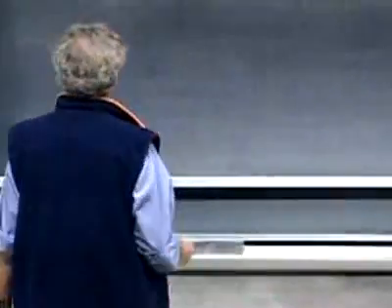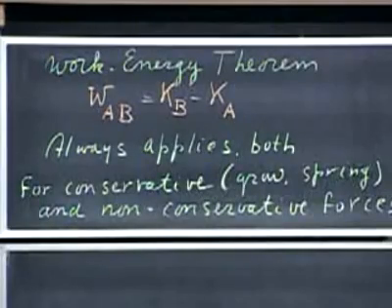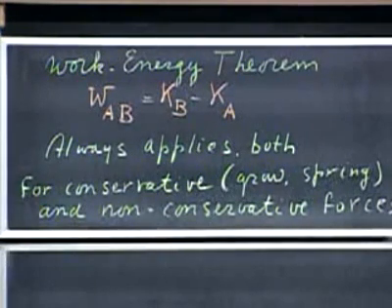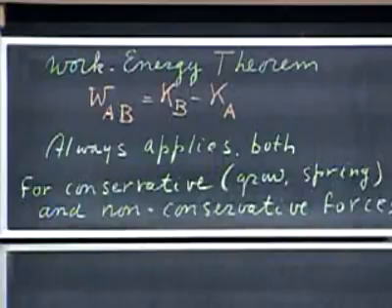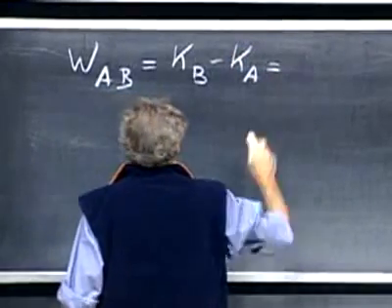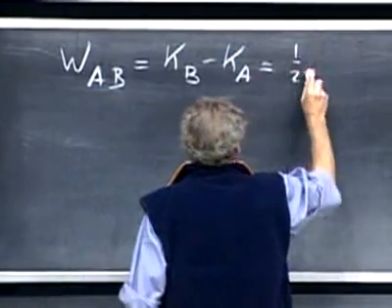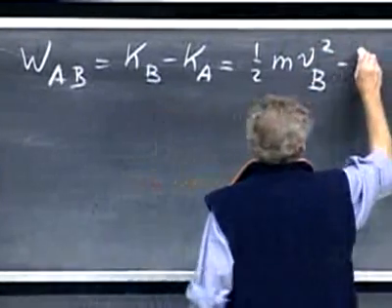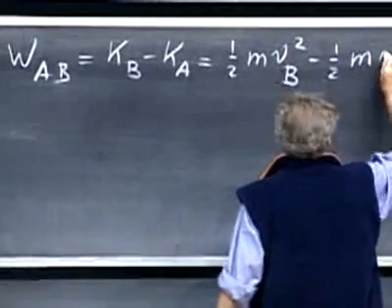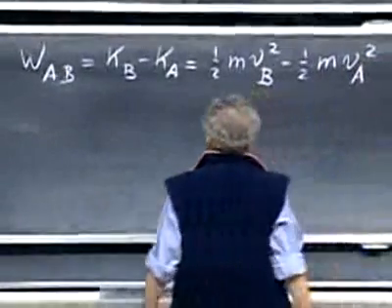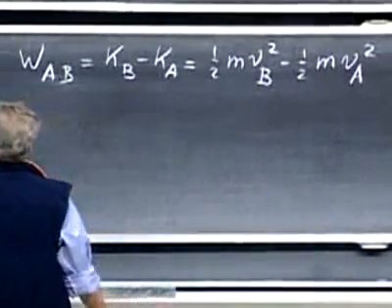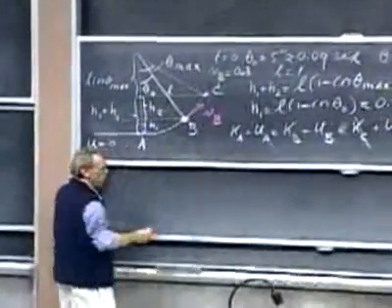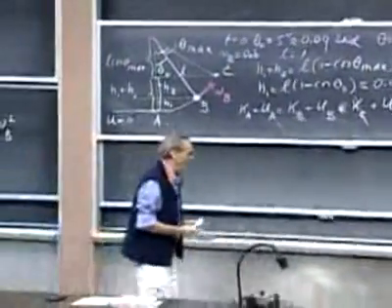The work energy theorem tells me that the work done on that object, when the object moves from A to B, equals the kinetic energy at B minus the kinetic energy at A. That is 1/2 m VB squared minus 1/2 m VA squared. And how much work was done by gravity in going from A to B? Because gravity is the only force that does work. The tension is not doing any work,